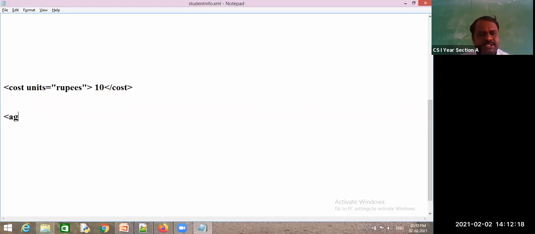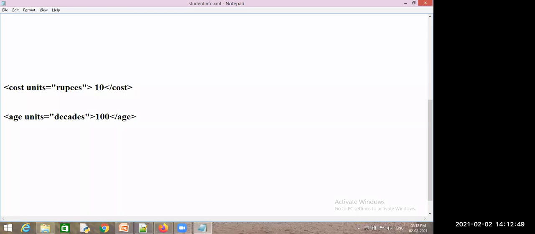Next, age. I will write 100. Here I will write units as years, meaning 100 years. No need to write units only, you can write anything. If I write units equal to decades, how many years will it become? 1000 years.